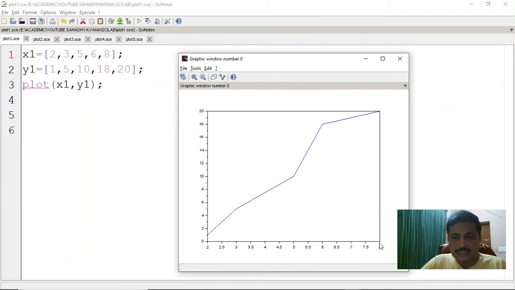So as you can see here, the x-axis is limited to 8 and the y-axis is limited to 20. I never told it to be limited, but based on this value, it is auto limited. By default, Scilab has restricted x to 8 and y to 20 based on the maximum values I have given them. Now if you don't want it that way, then you can set these boundary values.